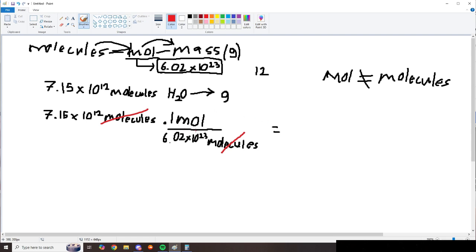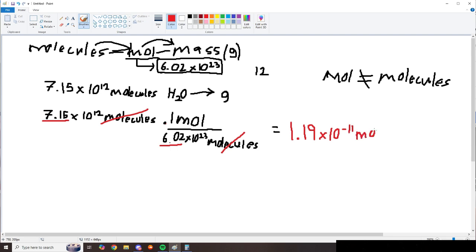But you got to remember, we're doing chemistry, so we got to use sig figs. So an easy way I like to remember it is, since we're doing multiplication, we're going to keep the original number of sig figs that we had in the beginning. So we had 3 here, 3 here. We're going to keep the original minimum number of digits, so we're going to go with 3 digits. So it would come out to 1.19 times 10 to the power of negative 11